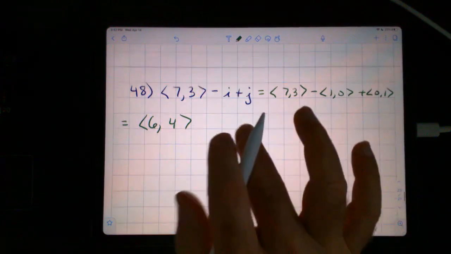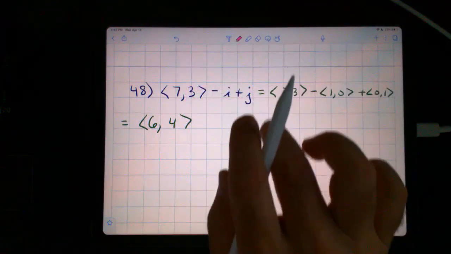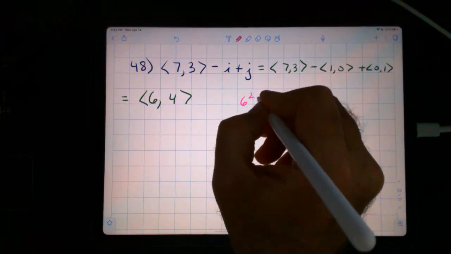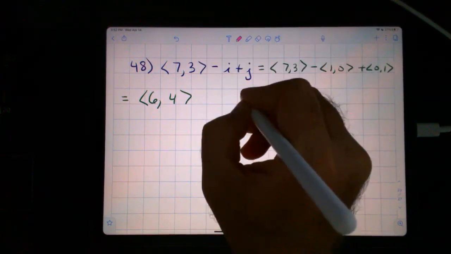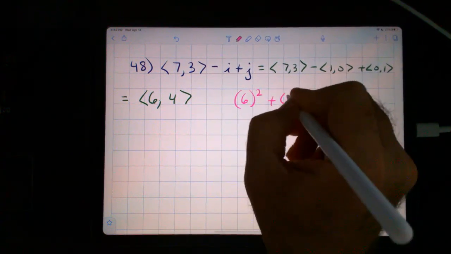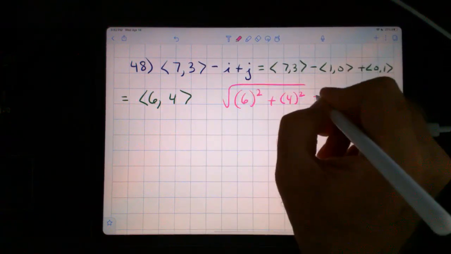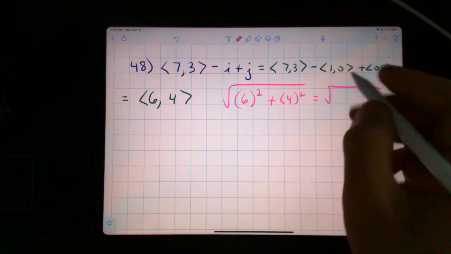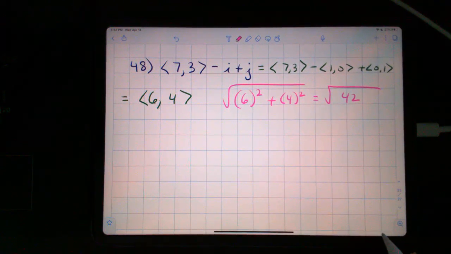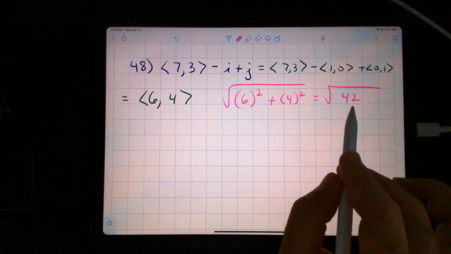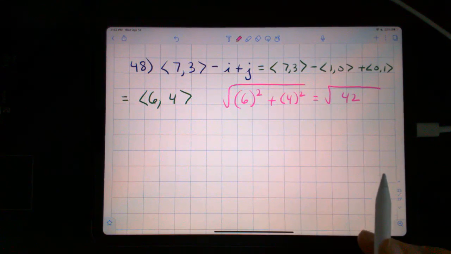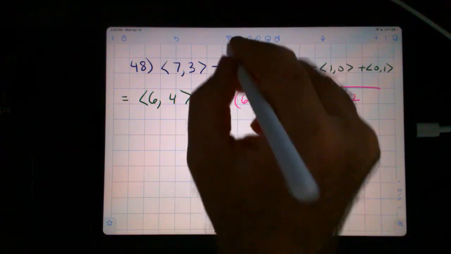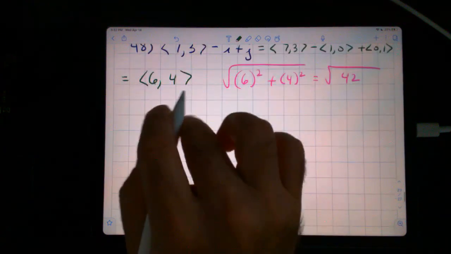Okay, so the magnitude of that will be 36 and 16 is 52. 52 is 4 times 13, so this does not simplify. So what we have is